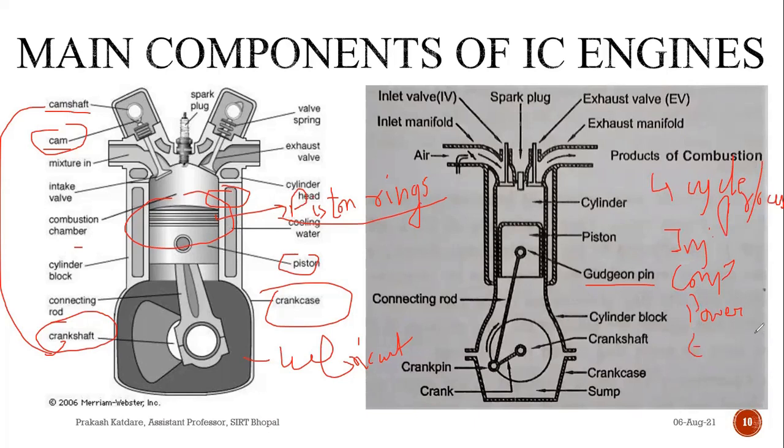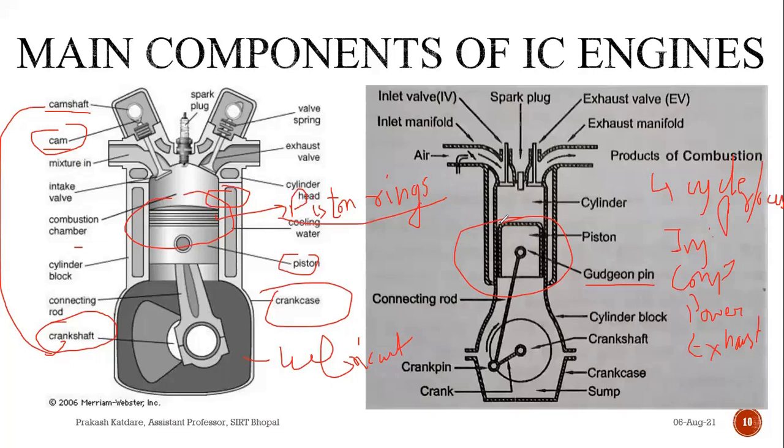During the power stroke, it may be possible that the quantity of power generated in the combustion chamber is very different. Suppose for one cycle it generates 3 kilowatts of power, for another it will be 3.5 or 3.8, for the next it can be 2.5. It depends upon the quantity of fuel which we have supplied, and this quantity depends upon the acceleration given. So the power coming out is not uniform. To make it uniform, we have placed a flywheel.